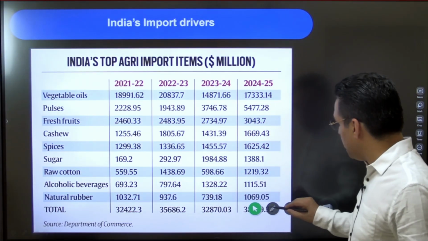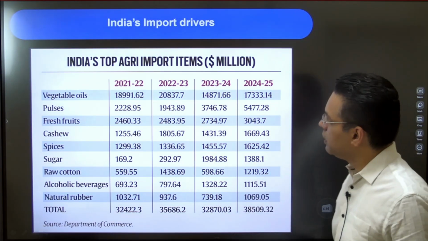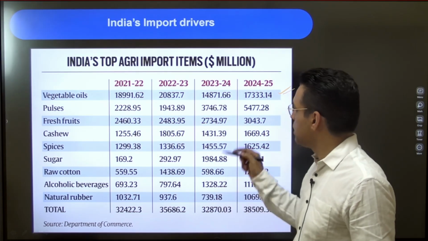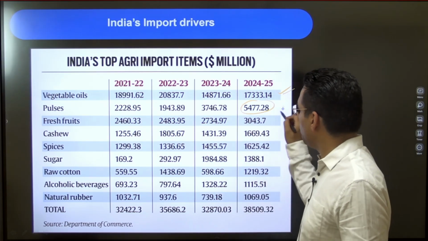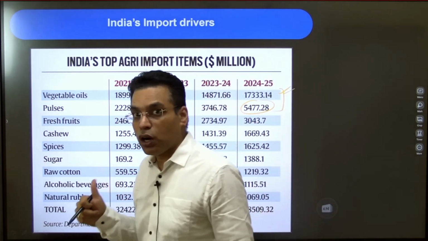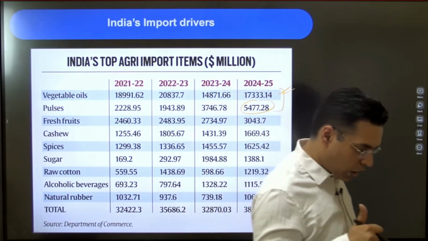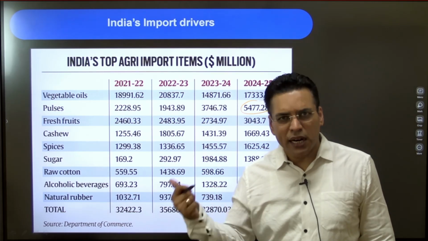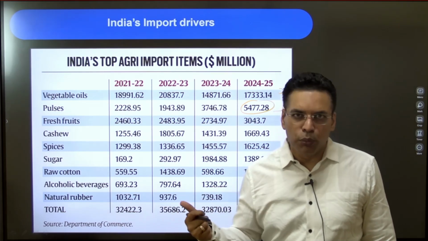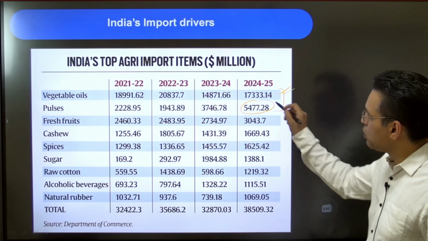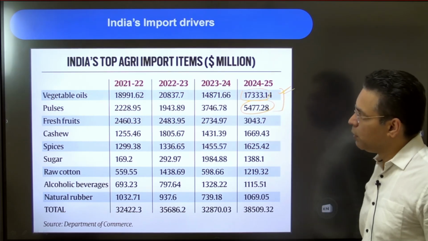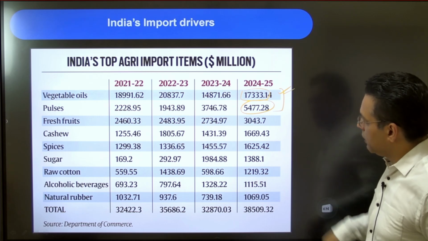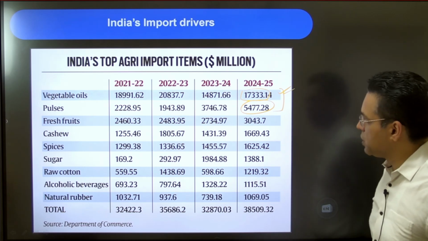Now let's talk about the import trend. When you look at the import trend, the top import is vegetable oil, because India is producing less. Pulses. Now these are two areas where India has done a lot of imports. Because India is producing fewer oil seeds, the demand is very high, and thereby we have to import it. So that is a big challenge. Almost 17 billion of vegetable oil import, and this is the challenge of India's agricultural economy. Even the pulses have crossed 5 billion, again a challenging thing.